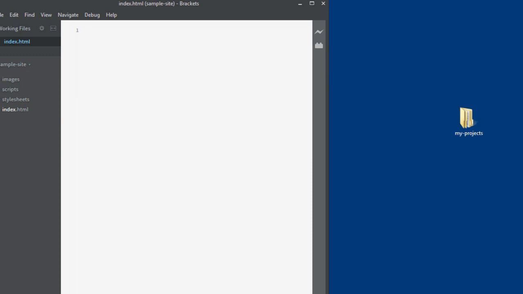So the very first thing you do in an HTML document is indicate the doctype. The way you do that, you do a less than symbol on your keyboard, an exclamation mark, and then you type in the word doctype. You can make it lowercase if you like. It's not case sensitive. And then you do a space, and then in lowercase you type in html, and then you do a greater than sign. So that's the very first line of code you write inside an HTML document page. So let's move on